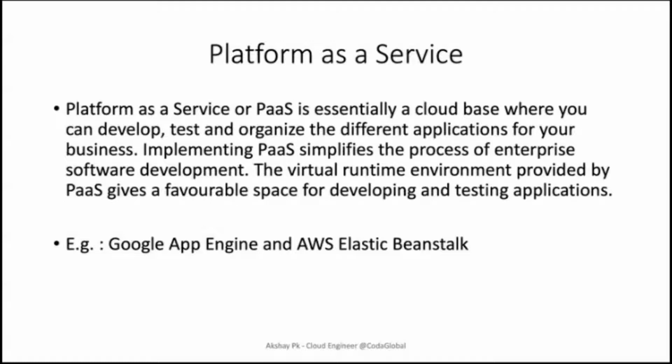Classic examples for this are Google App Engine and AWS Elastic Beanstalk, and we have a separate section on AWS Elastic Beanstalk, where you can get a really good idea as to why it's called a platform as a service based offering. Because you go ahead and deploy your application. That's the maximum you have to do. You give it an artifact, and the underlying infrastructure for that particular application to run is being taken care of by AWS Elastic Beanstalk itself. So that's why it's called a platform as a service based cloud delivery model.